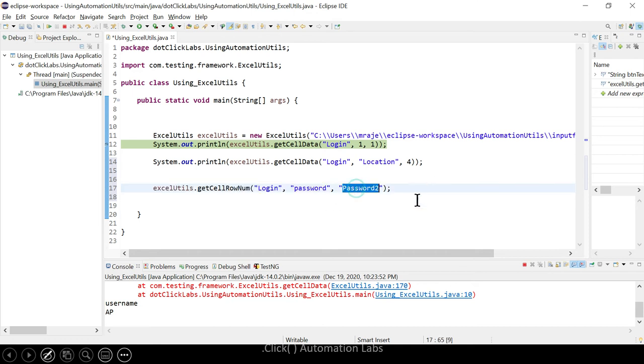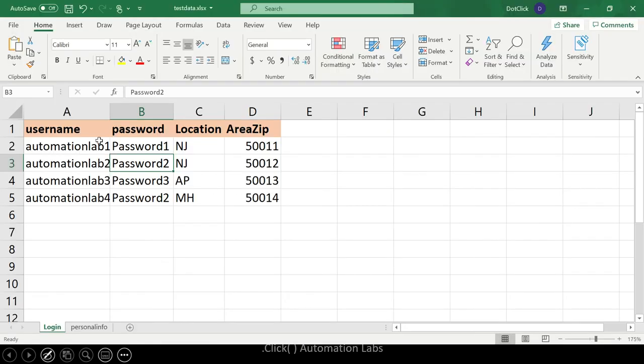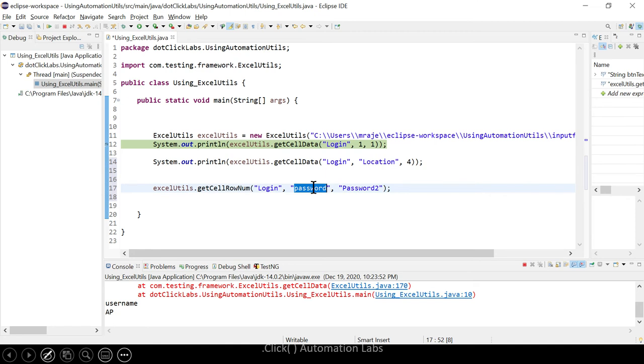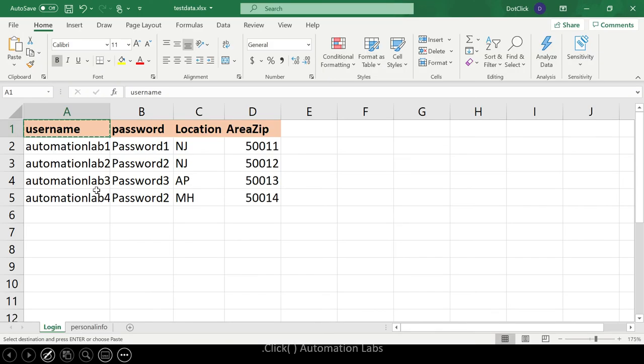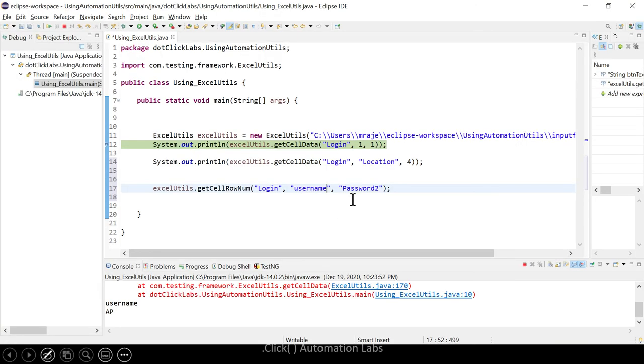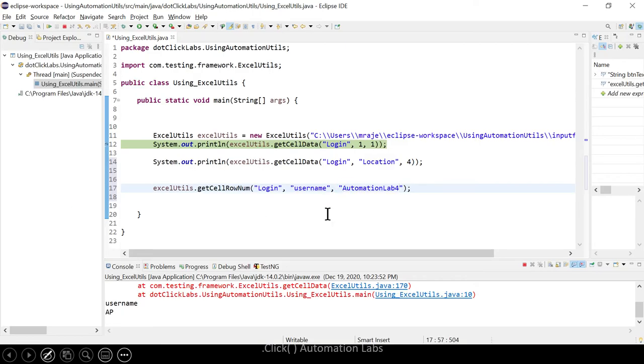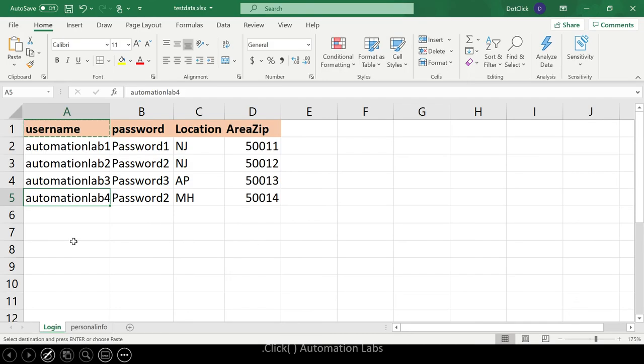If I say, can you find out the row of username with the value automation lab 4. This is the one, right? I'm not sure if it's case sensitive, but I'm giving the exact value, automation lab 4.